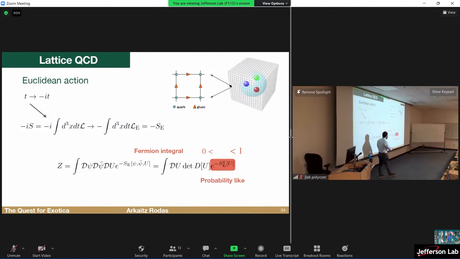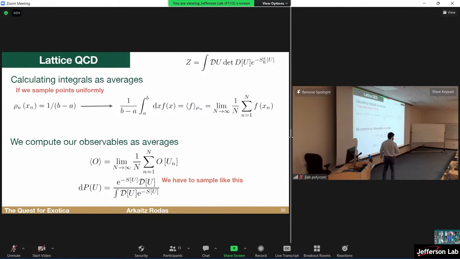And now the second part is the gluon action that has a minus sign in the exponential. So this is bounded. It's like a probability, right? It's between 0 and 1 because it is a real number. Okay, let's keep going with this probability thing. Let's see what we can make.